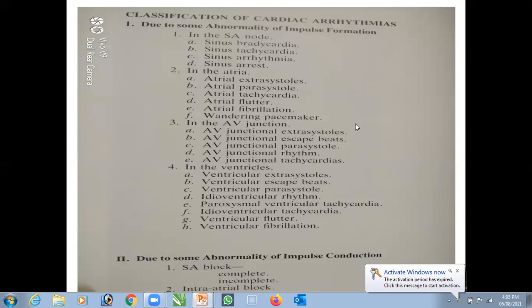Maybe 60. Correct. The rule is 100 plus age. So if the patient is 80 years, 180 upon 80 can be taken as normal, but you have to monitor this patient. If the patient is symptomatic, feeling giddy, tired, then you'll have to treat it. But if the patient is asymptomatic and is able to carry on all his work normally, then you can only wait and watch. Don't forcibly bring it down.